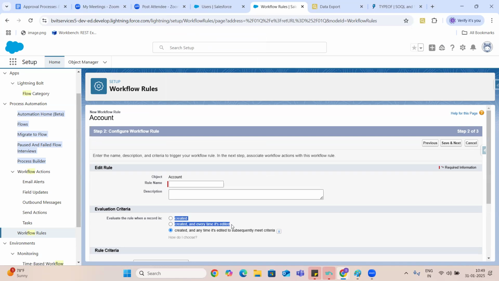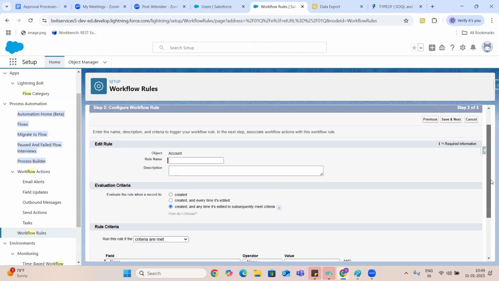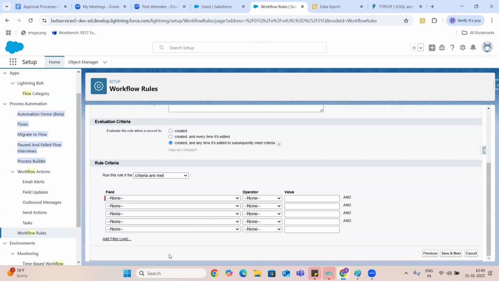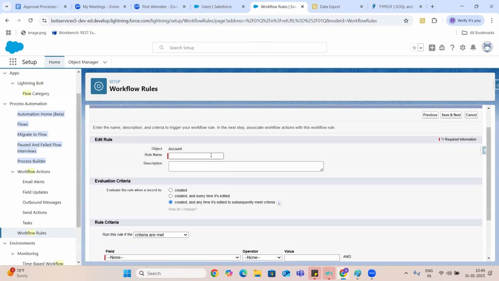For example, the first thing is simple. Whenever you are creating something, you are going to give the criteria. Test workflow, I'm writing.